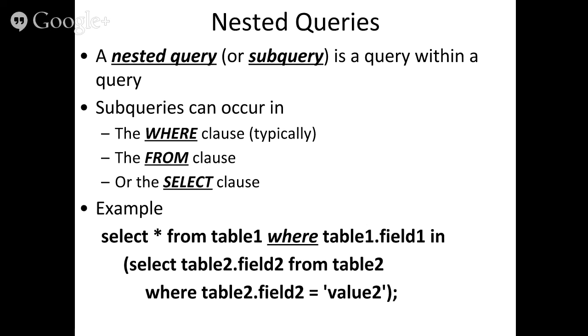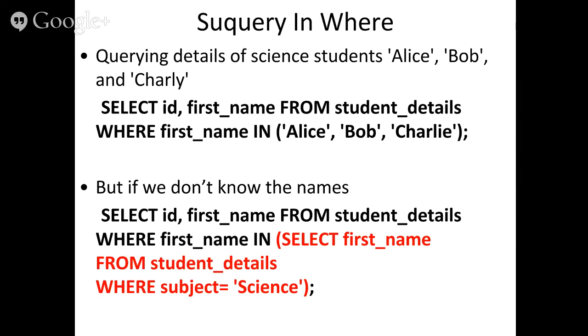So again, it could be a single value, it could be an array, or it could be a two-dimensional array, the results. And depending on what it returns, you can use it in different contexts. Okay? All right? So here's an example where